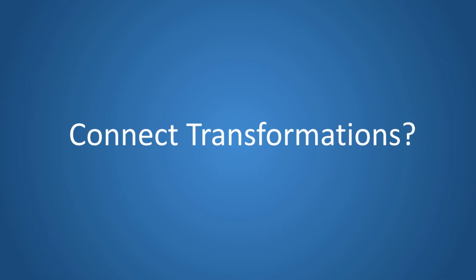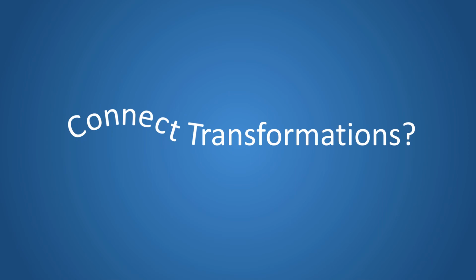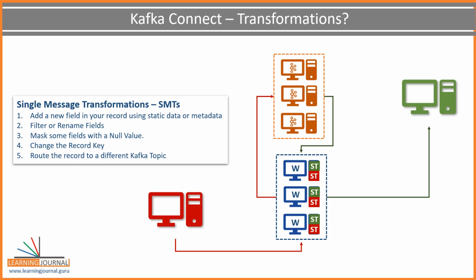What is next? Does it merely copy the data? Can we perform some processing or transformations? Kafka Connect was designed to perform a plain copy or data movement between third-party systems and Kafka. In both the cases, source or sync, one side must be a Kafka cluster. However, Kafka Connect also allowed some fundamental single message transformations. What it means? You can apply some transformations or changes to each message on the fly, and this is allowed with both source and sync connectors.